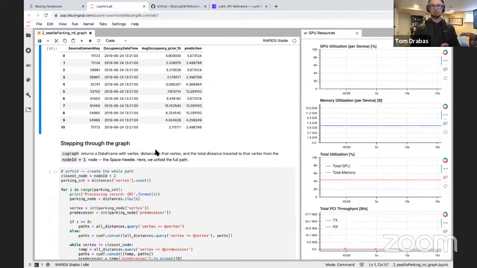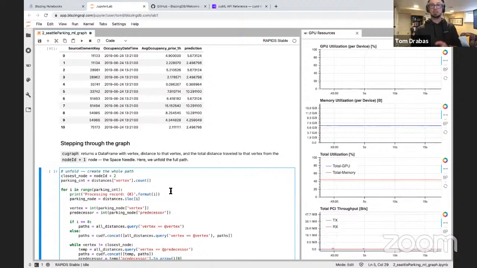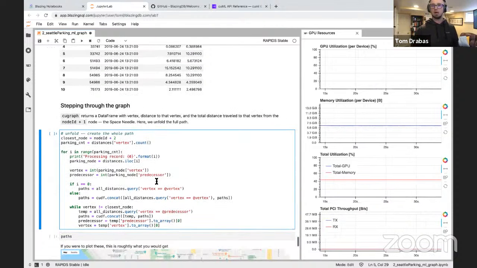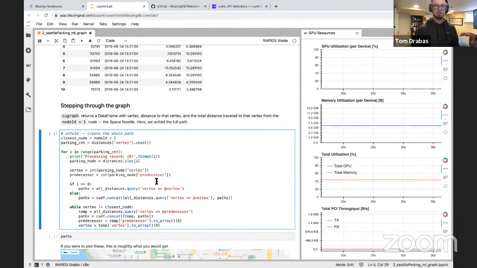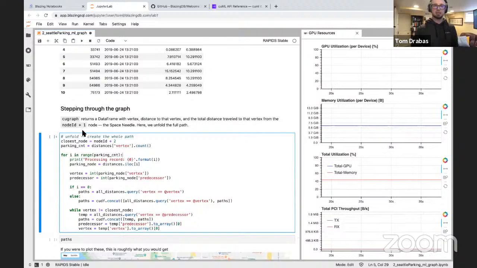I understand that this is very simplistic, but this is just to show you the stepping stones and how you get to this point. You can expand beyond that. You can actually launch a private cluster on Blazing notebooks and take this beyond that. And I'm going to show you in a second my version of that model. And then the final step is the